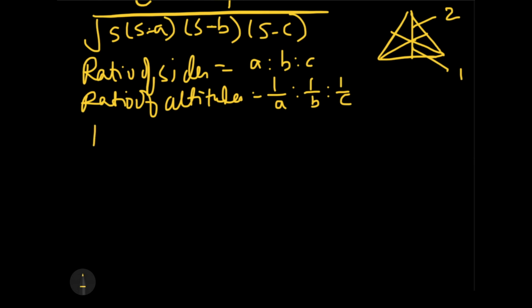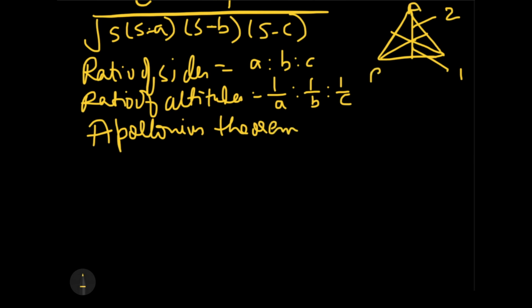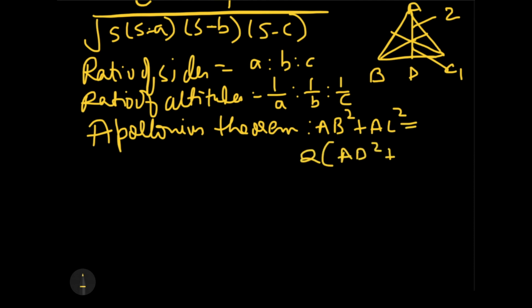One more theorem which we take up is the Apollonius theorem. Apollonius theorem is talking about the squares of the sides. For example, this is A, this is B, this is C, and this side is D. Then the Apollonius theorem says that the square of AB plus the square of AC, that is the squares of the two sides, is equal to twice of AD square, that is the median square, plus BD square, half of one of the other sides. Okay, that is Apollonius theorem. Sometimes it is directly asked, sometimes you have to indirectly use it to get the values of the other things.